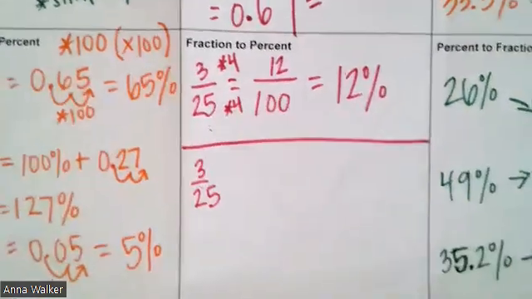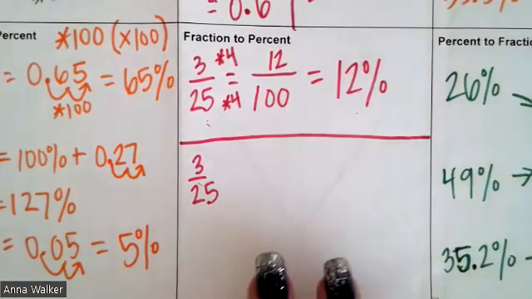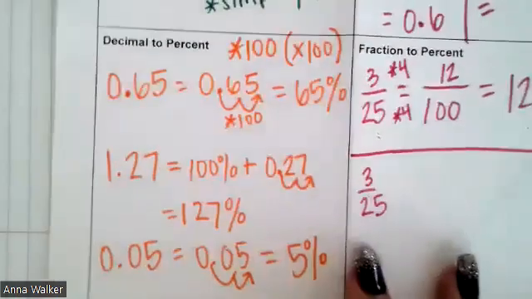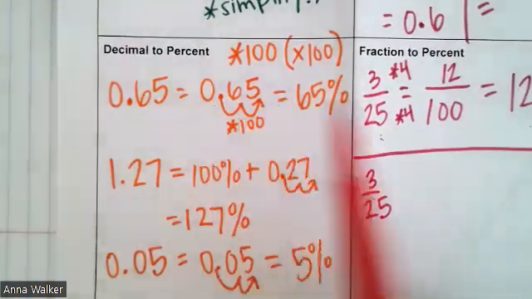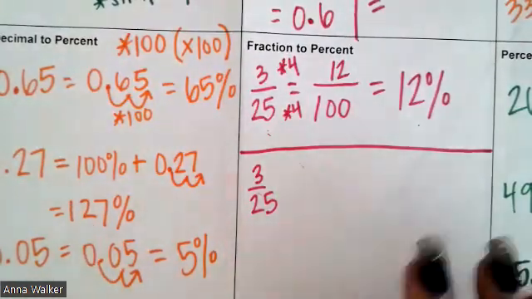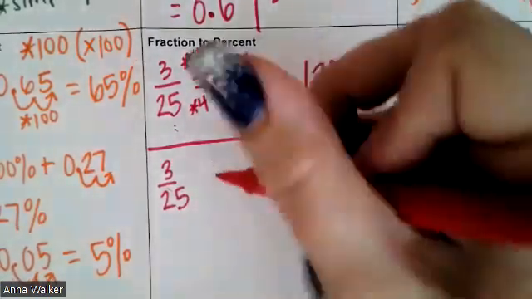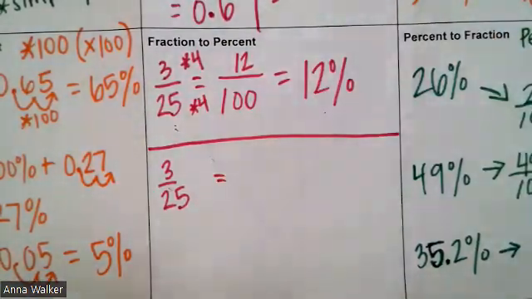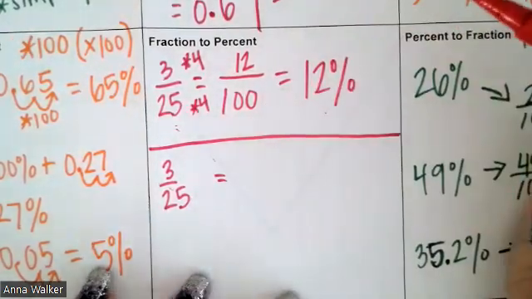So the second way is we have to put it into a decimal first. That's probably the easiest thing to do, because once we put it into a decimal, when we put decimals into percent, remember all we have to do is multiply by 100 or move our decimal 2 places forward. So if we convert this to a decimal, then all we have to do is move the decimal 2 places and boom, that's the percent. So the way that I would do this is, if I'm talking about putting this fraction to a decimal,